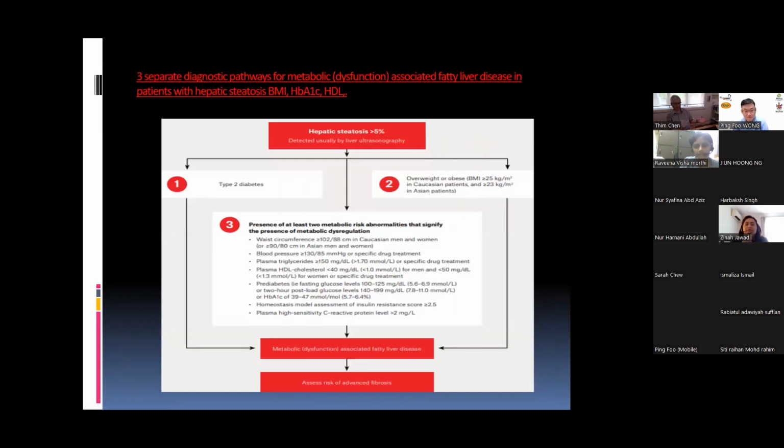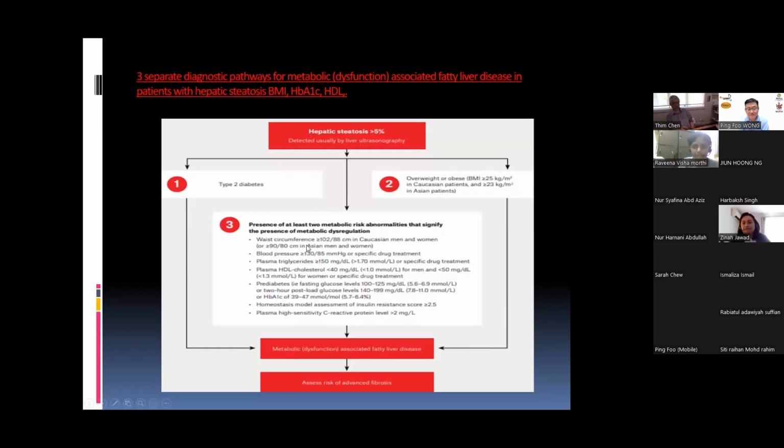So no more non-alcoholic. Now we talk about this. Anyone with diabetes, anyone who's overweight, including me, overweight and obese. The BMI for us Asians is 23, for Caucasians it is 25. So don't be happy if you don't have a BMI of 23. You're still considered overweight or obese. And then you can have 2 out of 7. The 2 out of 7 includes